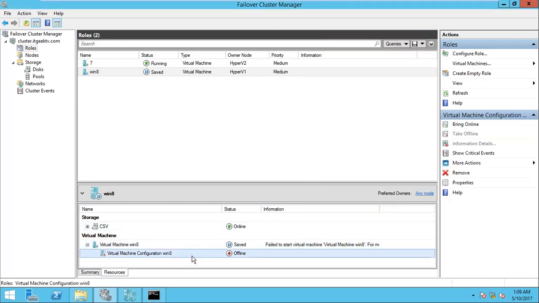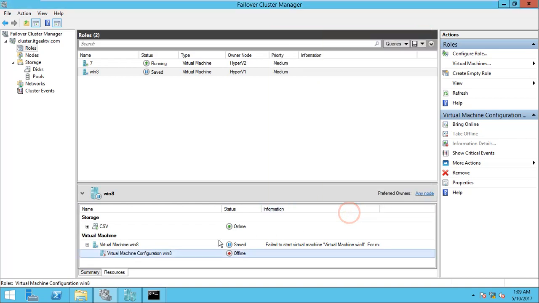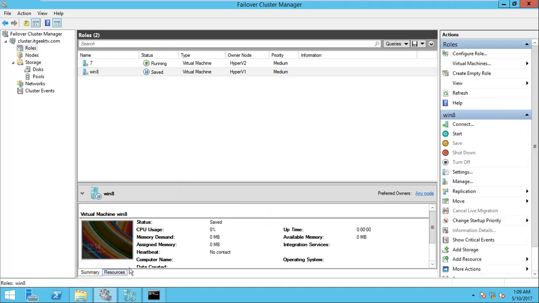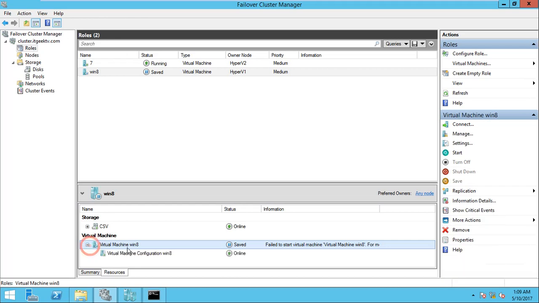To resolve such issues, we can go into the advanced policy, and currently it is on Hyper-V 1. We have to select this, and when we try to bring it online, it will definitely come online. Then you will be able to see the back office of Windows 8, and after that, when you start the virtual machine, it will start up.